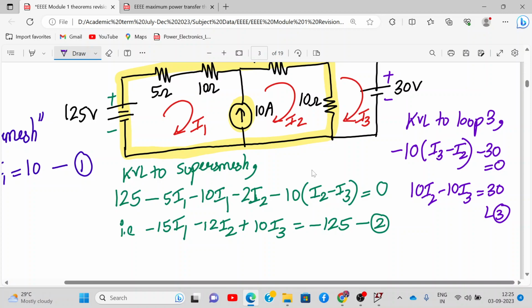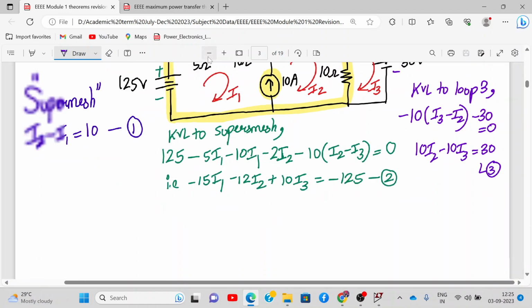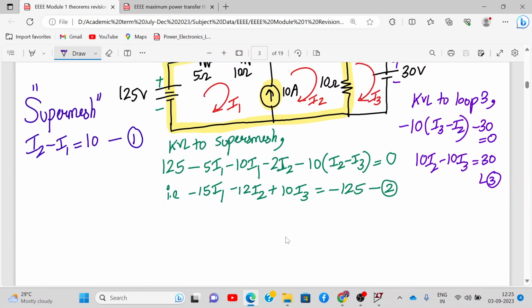So please complete up till here. Have you all completed? Yes. Now use your calculator. You can use your calculators and solve it simultaneously. So first I'll write it in the equation form. These three equations from 1, 2 and 3. So I'll write over here. From 1, 2 and 3 we get